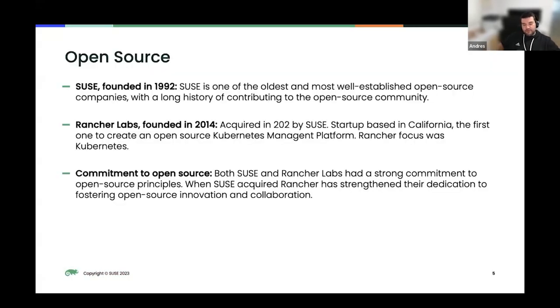So first of all, SUSE is a very well-known open source company founded in 1992. We've been doing Linux and open source for a long time, almost longer than anyone. But at a certain point, we didn't have the relevance we wanted in the Kubernetes space. So SUSE acquired Rancher Labs, a startup founded in 2014 in California that was all about Kubernetes, and they were the ones that developed Rancher Manager, or Rancher, basically the first Kubernetes